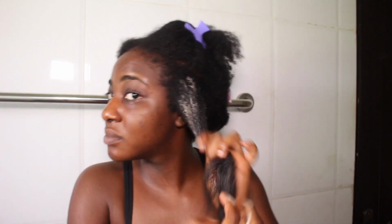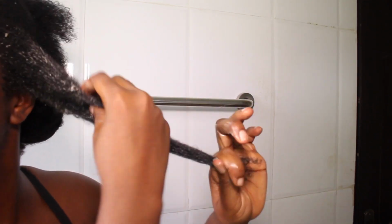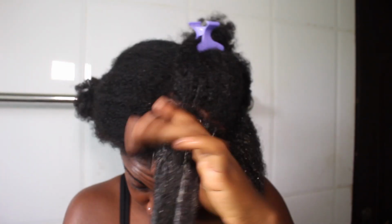Let's go. This deep conditioner has amazing slip thanks to the fenugreek powder. Fenugreek is slimy in nature. It's kind of like okra or aloe vera, so it really helps to detangle the hair. Normally Ayurvedic powders don't have that much slip, although they have amazing benefits, but because of fenugreek, I have slip